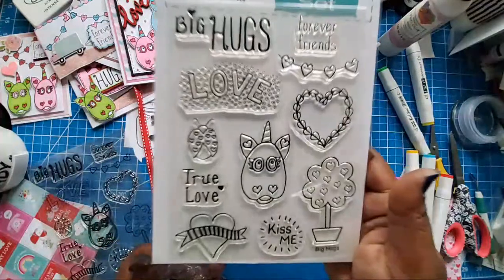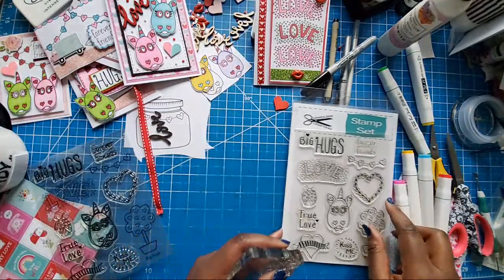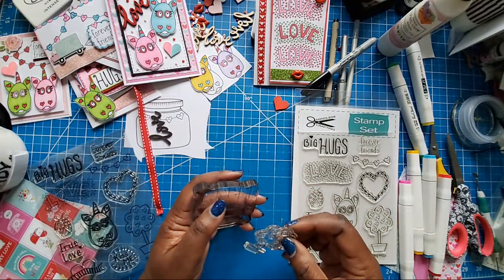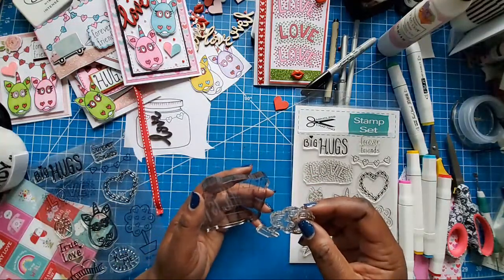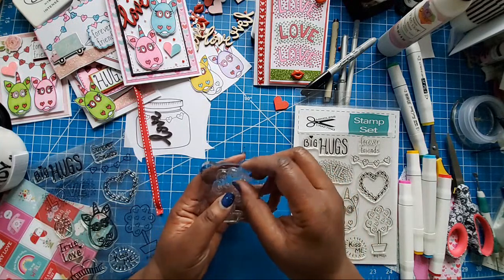This is a new stamp set, Mumbly Bird. Mumbly Bird said a lot of good stuff. Mumbly said, I saved my crafting money for you guys, even though the postage is awful to Canada. I just love getting your stuff. This is not a kit, but we do have...